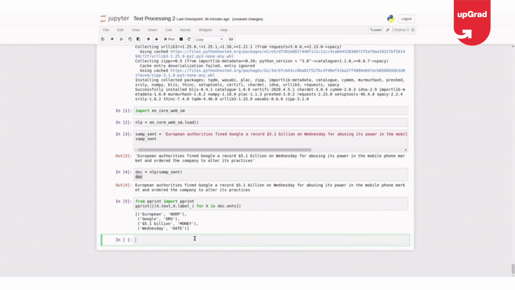But let me show some other things which spaCy also has internally. I wanted to show the IOB tags which are in spaCy.